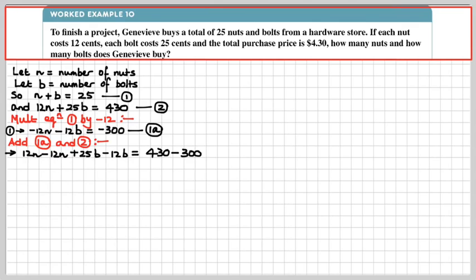So we've got to clean that up now. The 12n's are gone, which is what we were conspiring to do. And 25 minus 12 is 13b equals 130. That's nice and neat, isn't it? So we divide both sides by 13. Notice how I'm documenting what I'm doing. Hint, hint. And then we get b equals